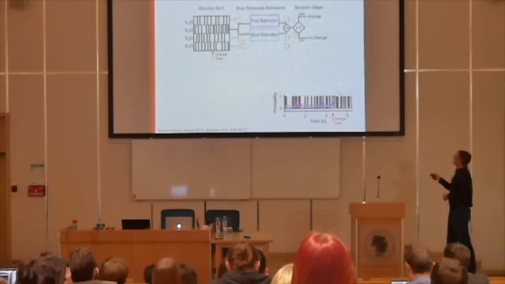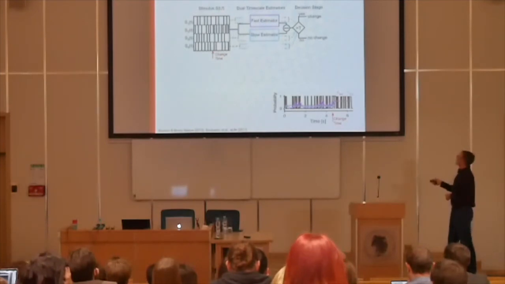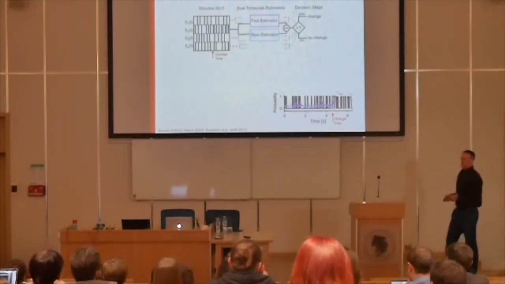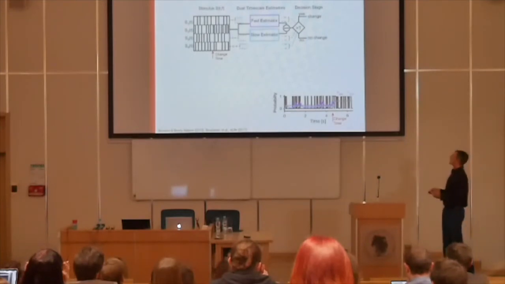So we have here the two estimators, the fast one and the slow one. And you see the fast one is making bigger excursions. But then when the change really happens, that's when it really starts to ascend. Whereas the slow one is averaging more. And as you can see here, at the time when the change happens, it stays unchanged for a longer time.